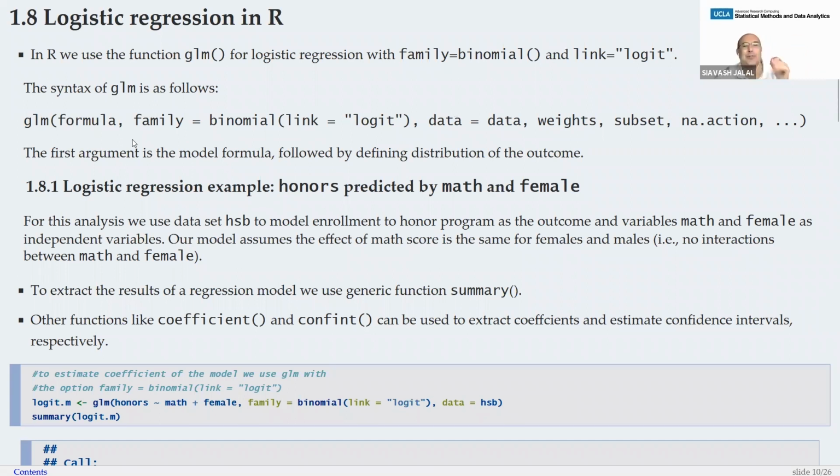I don't have time to go over the likelihood function and how we get the binomial, things like that. But if you look at the help of glm,